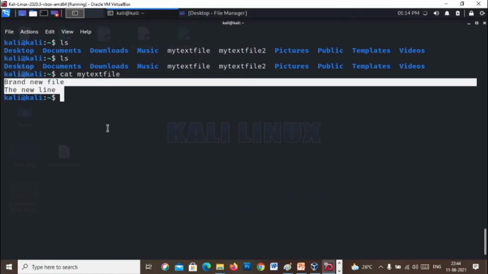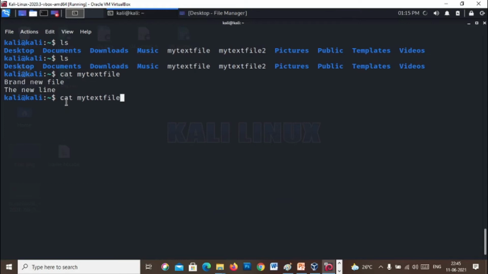If you want to add a new word to this file, or append to this file, you can use the double greater than symbol: cat space double greater than file name, and press enter. Type the text you want to add to the file.